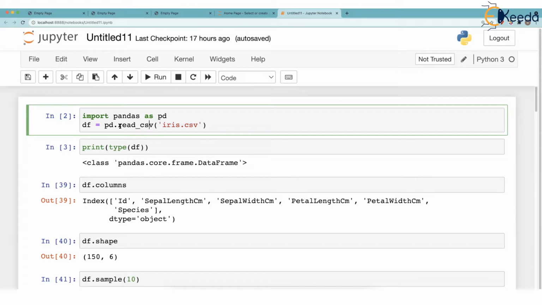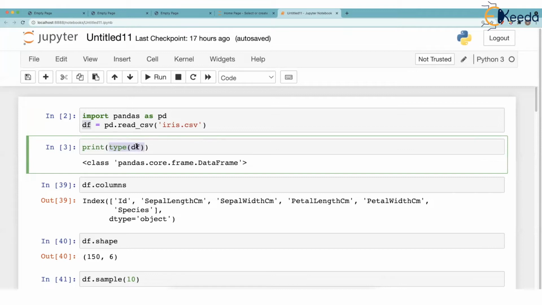Now remember what this read_csv does. It returns a data frame. It's known as a pandas data frame. Just as when you try to find out the type of this df, you will get that the type of df is a data frame. A data frame looks like a matrix we saw yesterday, or a table, an SQL table. It's not exactly a matrix, but it has rows and columns, and we can easily deal with it.